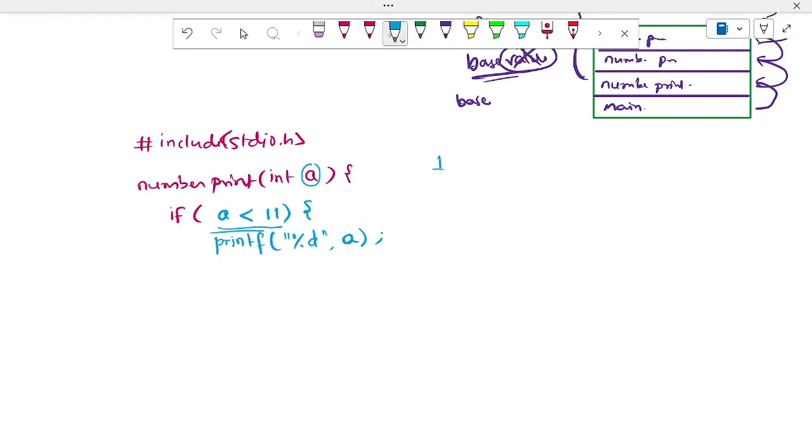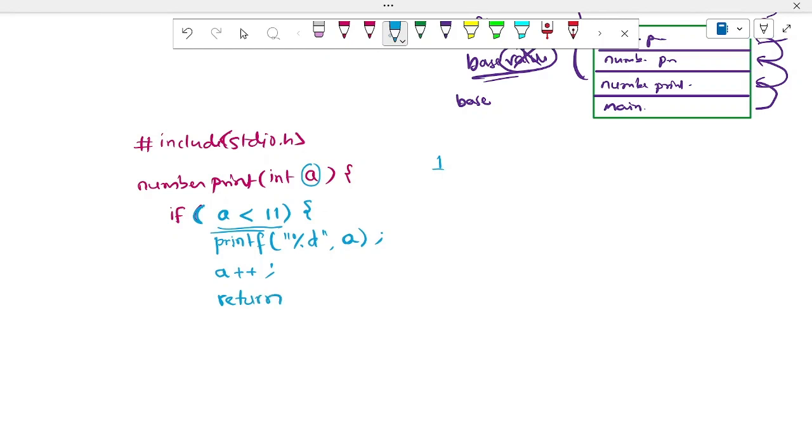Else what you are going to do, you can observe here, just print that element and increment that element, a plus plus, right? And then call the function again, or you see we are going to print the element from starting to ending, right? Therefore we are incrementing a, and then we are